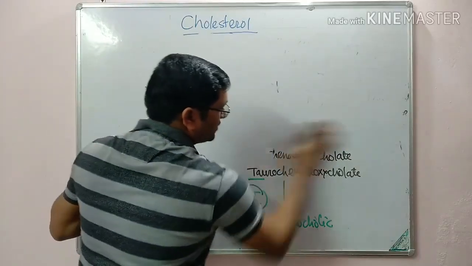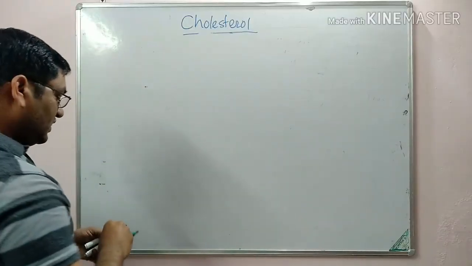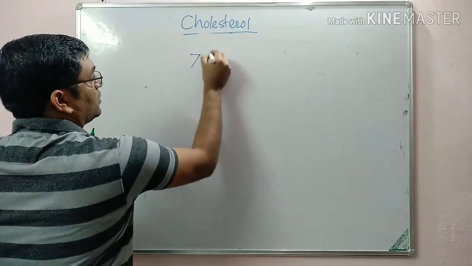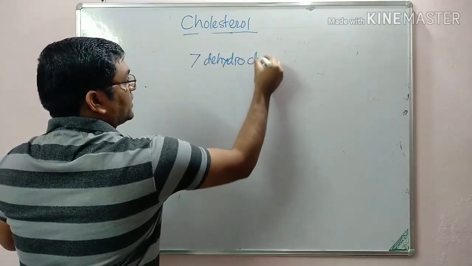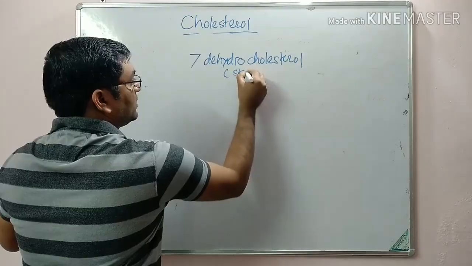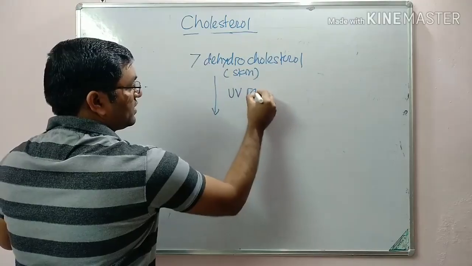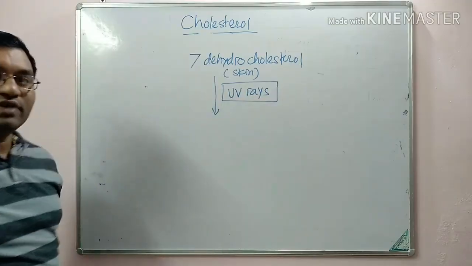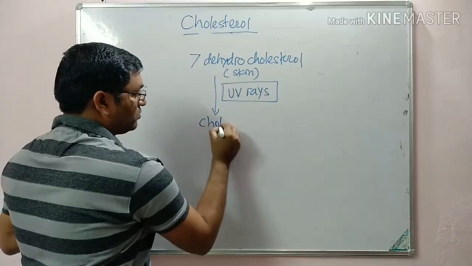In vitamin D synthesis, the cholesterol which is present in the skin in the form of 7-dehydrocholesterol is activated by the UV rays. So UV rays activate this 7-dehydrocholesterol and convert it into cholecalciferol,